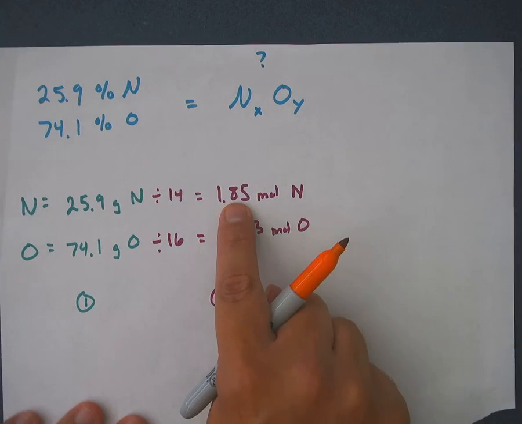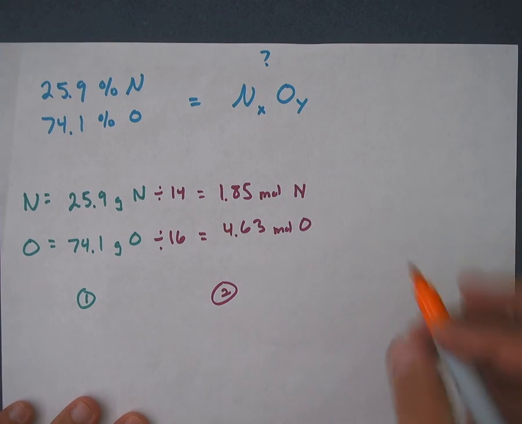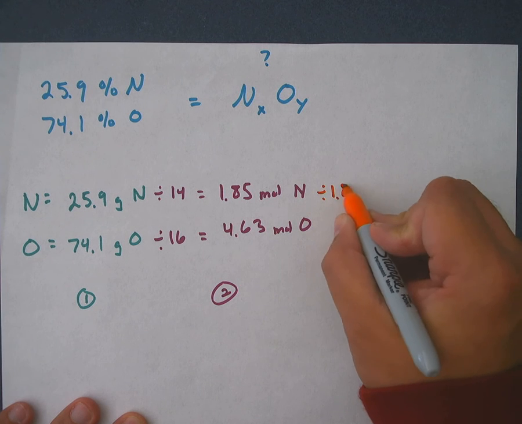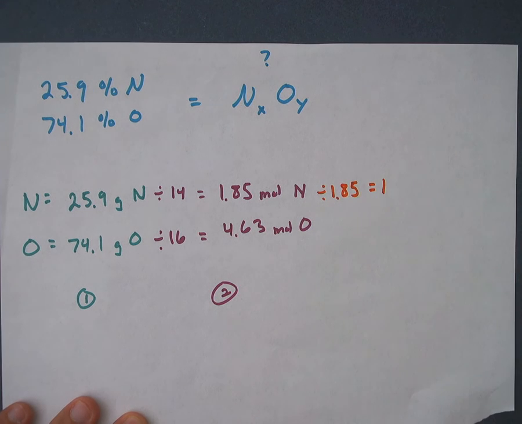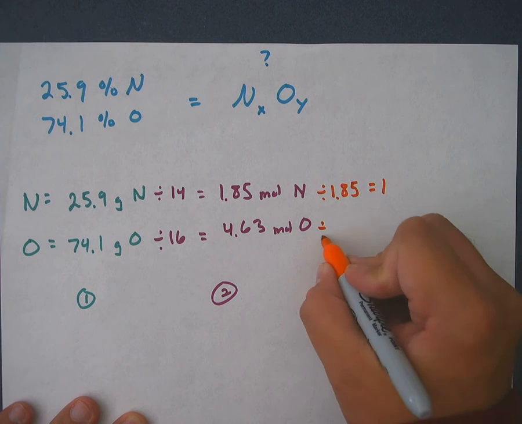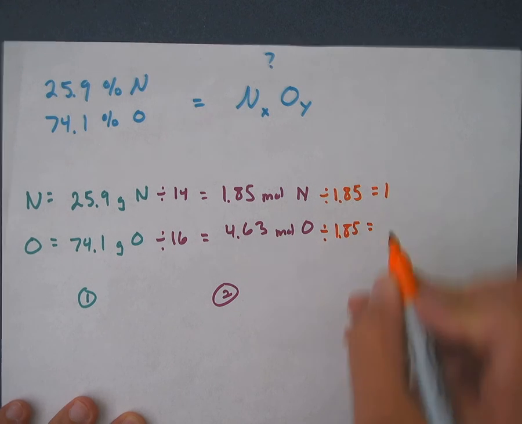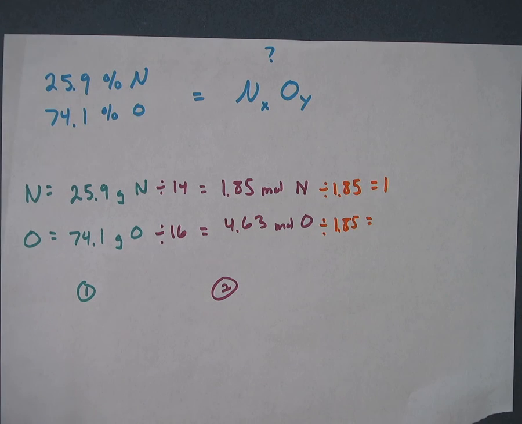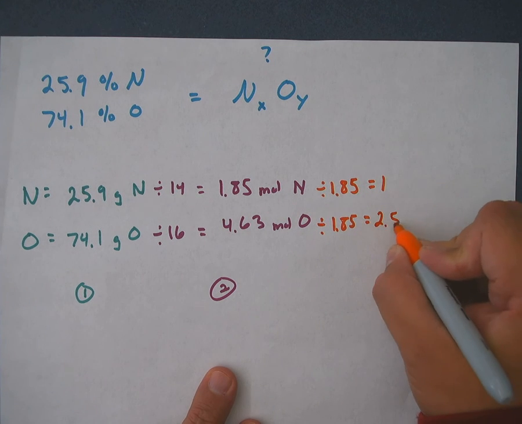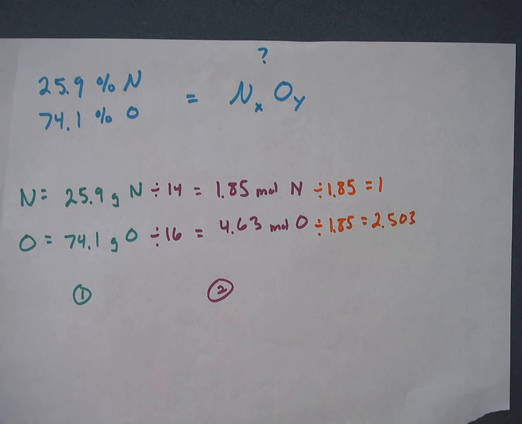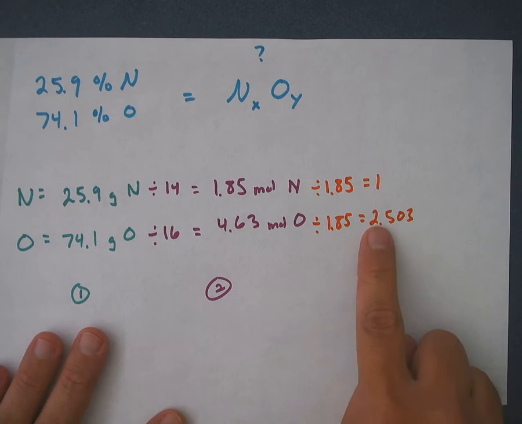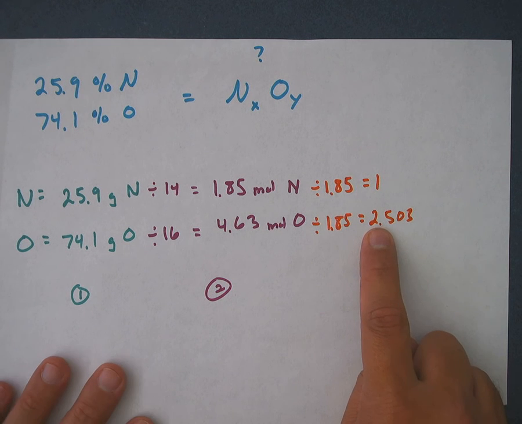So which is smaller, 1.8 or 4.6? So I'm going to take this and divide it by 1.85. I can do that in my head. I get 1. But I also take this and divide it by 1.85. And when I do this, I get 2.503. Okay. Now, it would be nice if this was exactly a 4, exactly a 2, or exactly a 7,